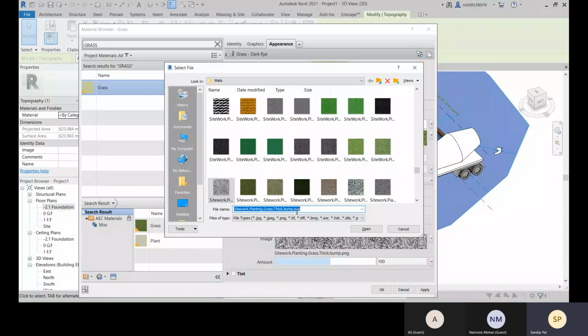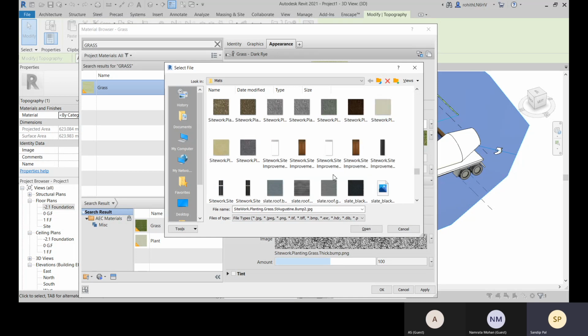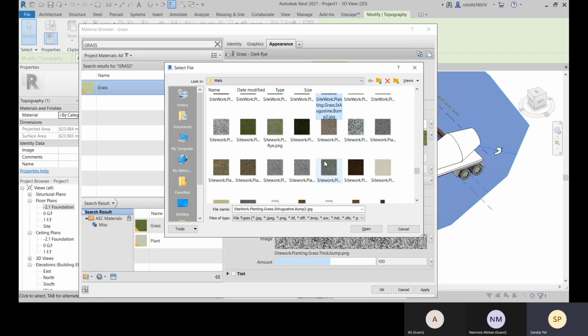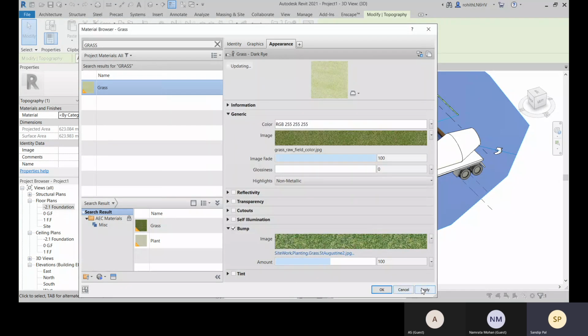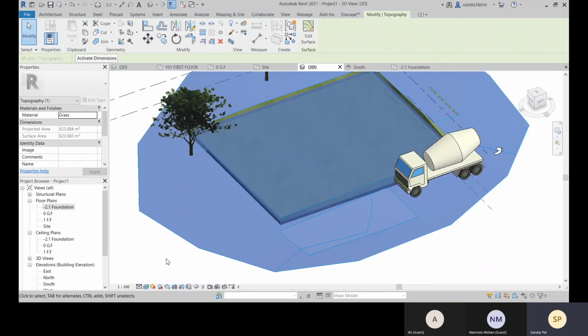This tick dot bump. You can choose others as well. There is nothing to worry about, any other will also work. Let me just choose this one, click again, and apply, and okay.